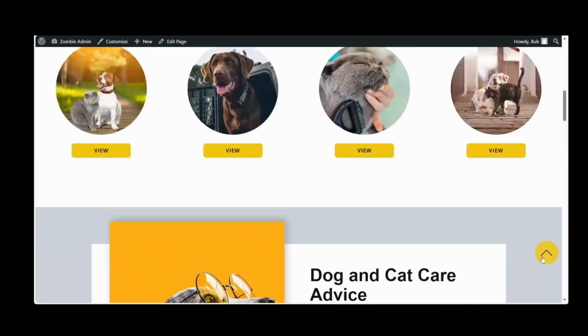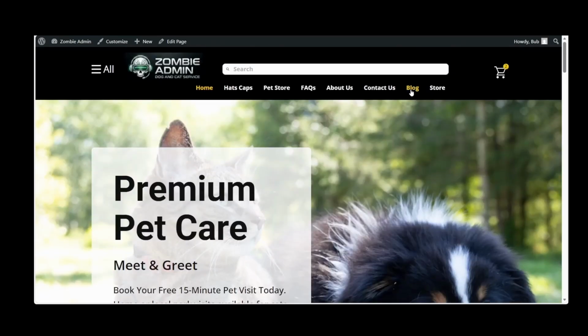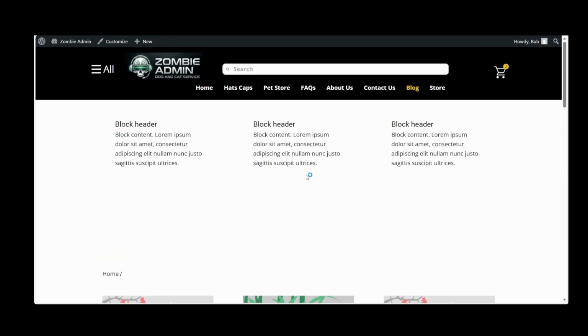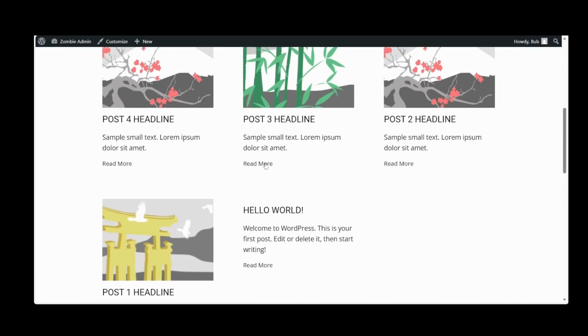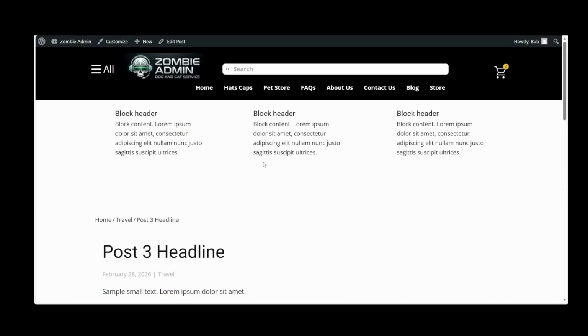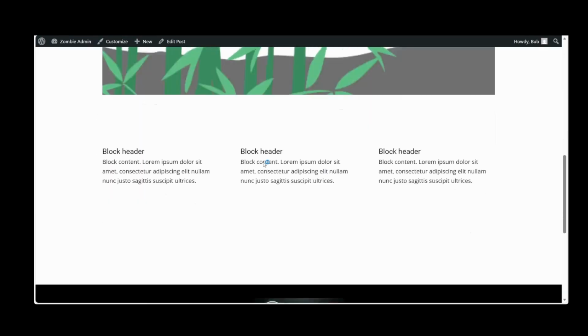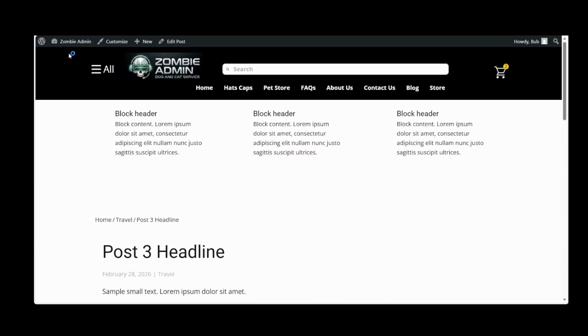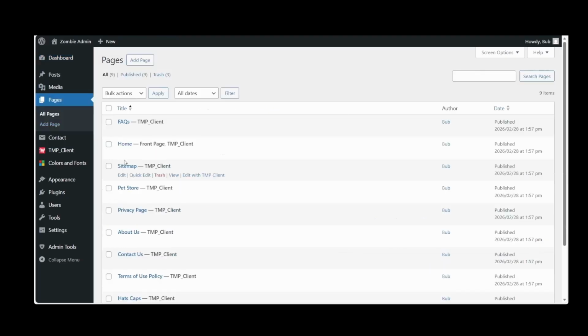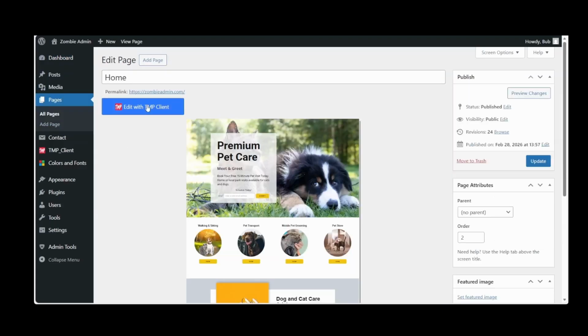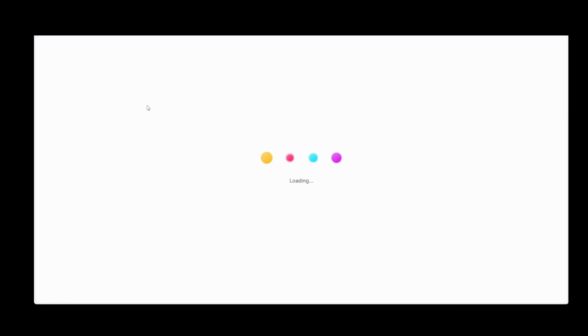Let's head back and check out the blog page. In the blog page, we're going to have to clean this up, which is not a problem. Let's do the read more and brings us to the post page and the same thing, we're going to clean this up. So let's head back to Pages, go to Dashboard, go to Pages, go to Home Page. From Home Page, we're going to click and get authorized here.